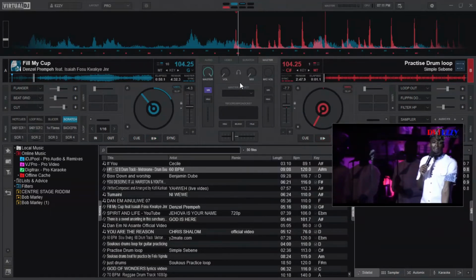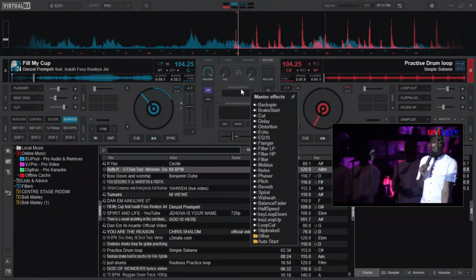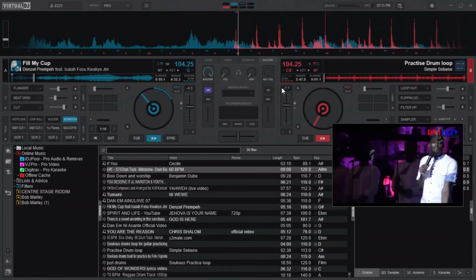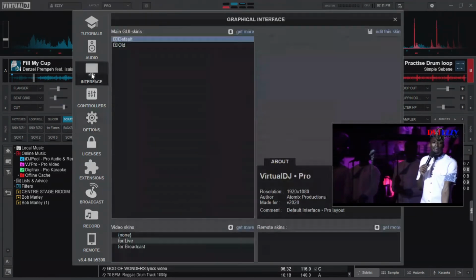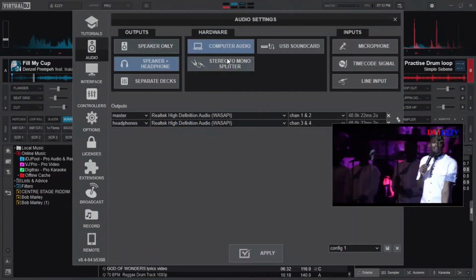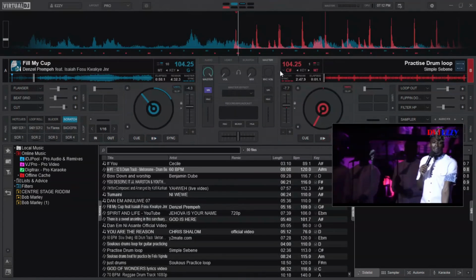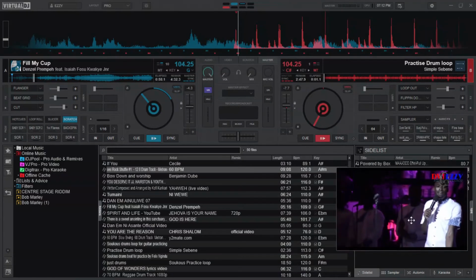Master effects, how would you do it? Because there are two songs playing at the same time. Why can't you just put the effect on one song and it will just do well with the others? There is also the microphone volume, if you have connected any, or if you have selected it from the settings, but we are not going to do that right now. The microphone is not on, but if it is, you can control its volume. You can do some kind of karaoke thing. It's an amazing thing. Most people like doing it, but I don't.